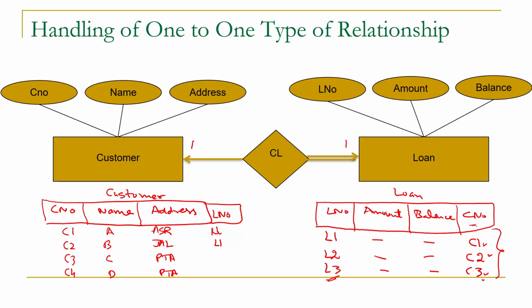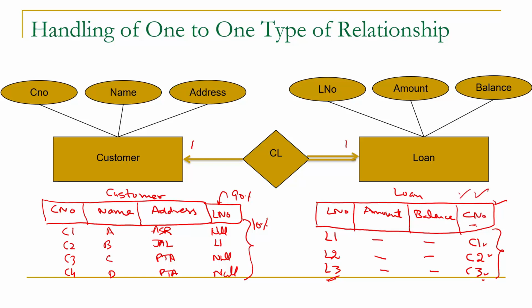So you can see that there will be a lot of nulls in the loan number column of the customer table, because commonly only 10% of customers take a loan from the bank. For 90% of records there will be null in the loan number column. So if we follow this strategy, there will be a lot of nulls in the database. But if we copy customer number in loan, then there will be no null in the customer number column. So you can clearly see that this strategy is better as compared to this one.